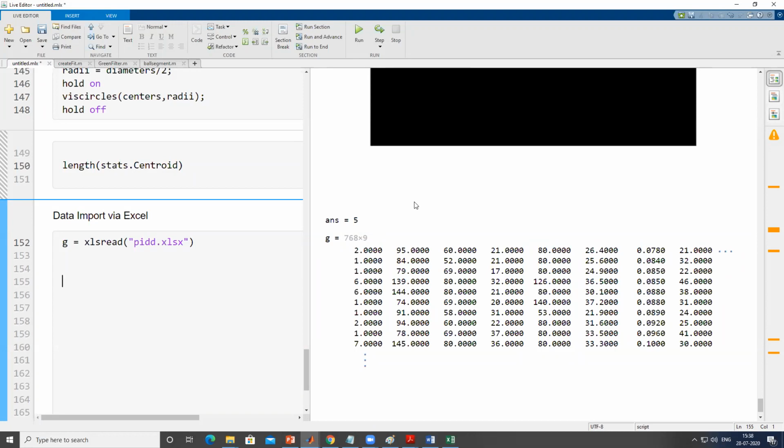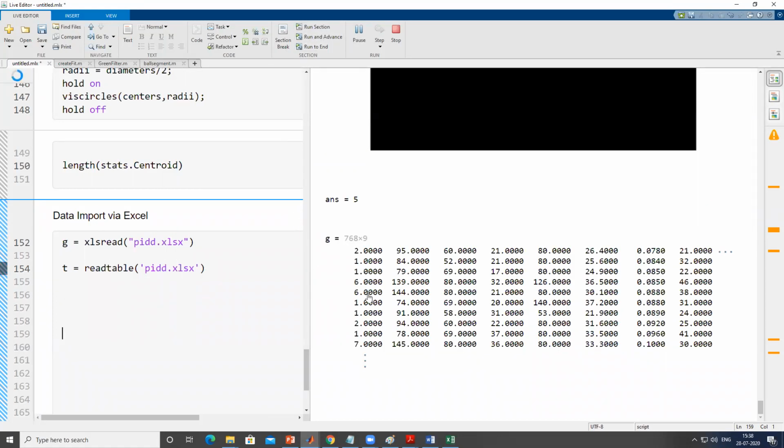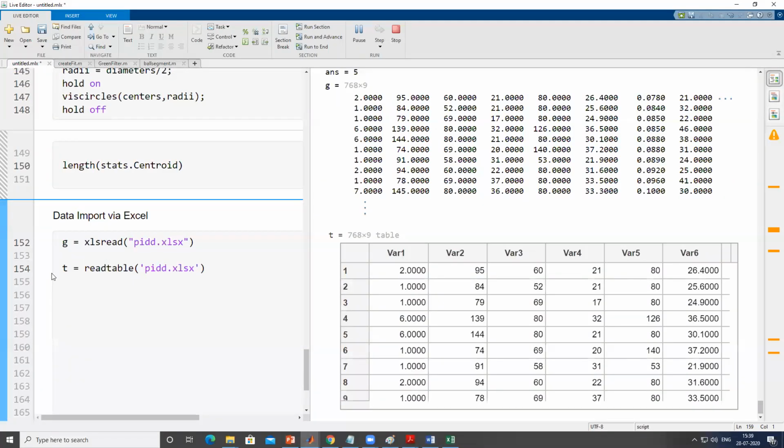There is one more method which can extract the same thing, and we will discuss what the difference between these two is. Say T is equal to, the other command is the readtable command, and here also you can pass the same. This is another method through which we can read any data which is there in Excel, DAT or TXT or whatever. Right now MATLAB is computing line number 154, and once it is processed,